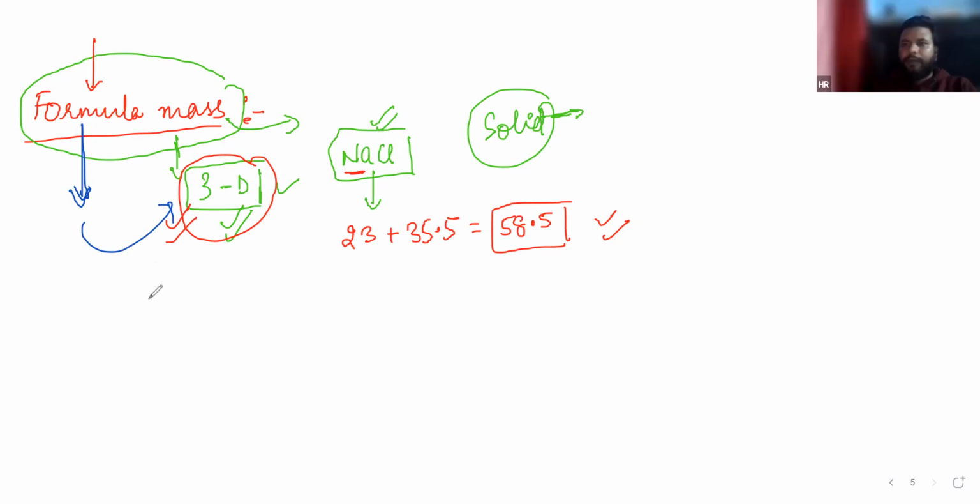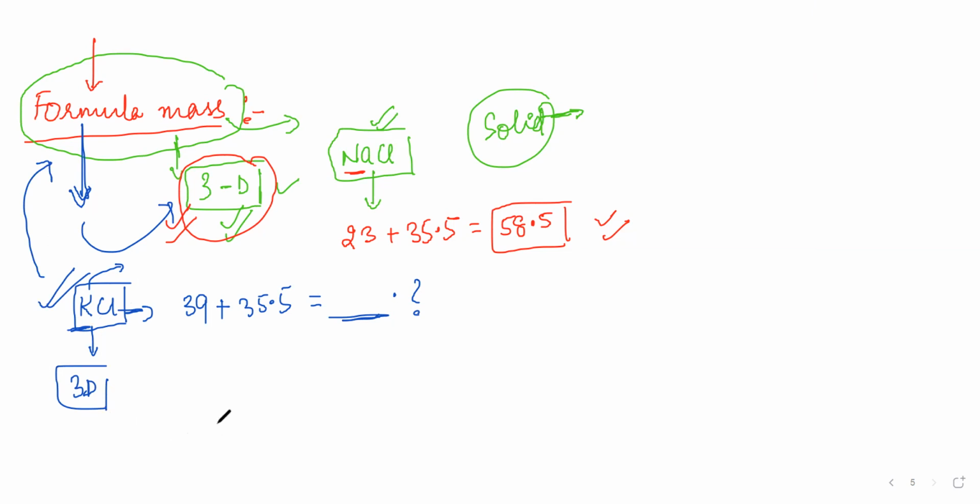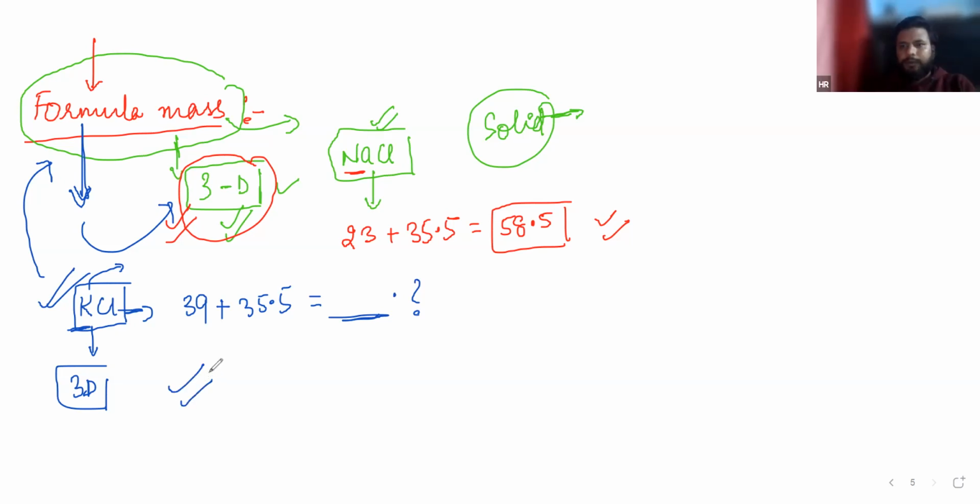If I'm telling you, calculate the molecular mass of KCl, what you do is mass of potassium, which is 39, and mass of chlorine is 35.5, and you just calculate the molar mass of KCl. But instead of molar mass, we use the term formula mass for KCl because it exists in 3D form, three-dimensional. It will have length, breadth, and height too. Okay, got it? Yes, sir.